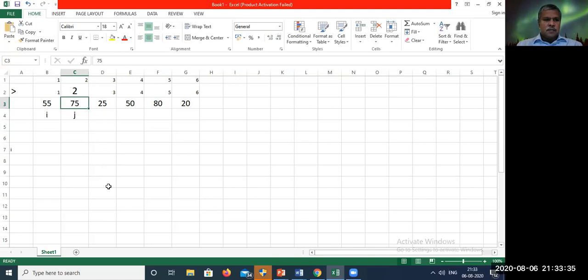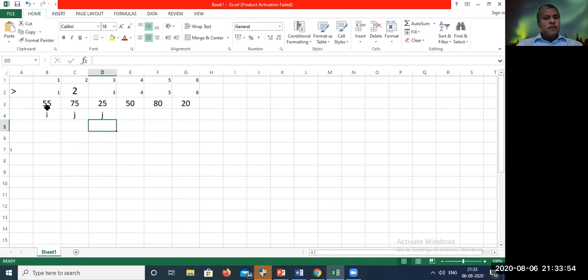That is my condition. 55 is not less than 75. So I have to check the next element. Now J will be moved to the third element.